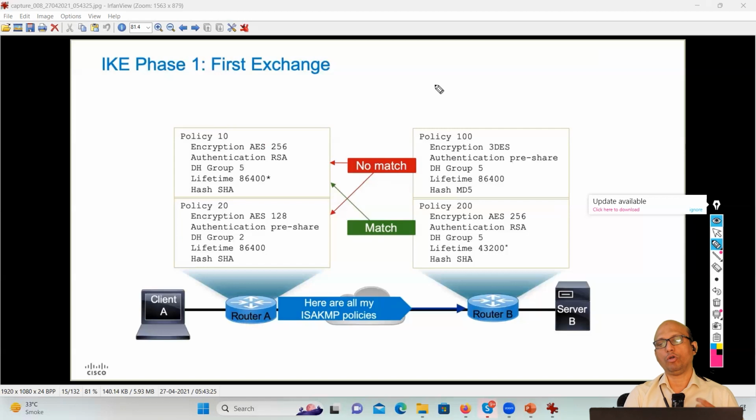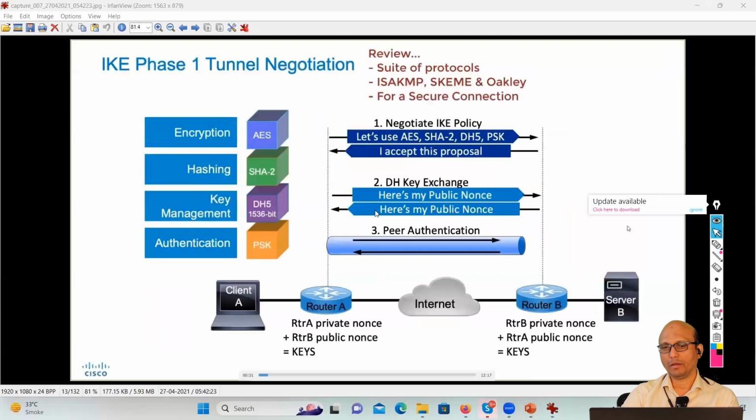Now, if I talk about authentication, you know, what is the meaning of authentication? Who are you? I'm trying to find out. See, peer authentication is the third exchange. The second exchange is Diffie-Hellman. The first exchange is about the policy. So the second exchange we'll discuss first, that is the Diffie-Hellman key. Diffie-Hellman were two professors, they came out with symmetric keys in the beginning, which says